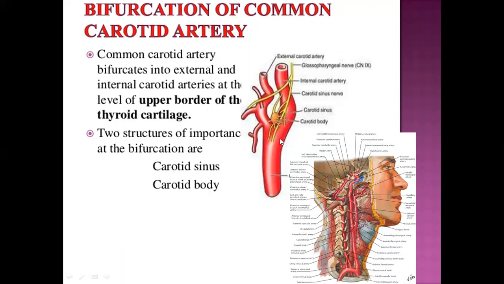The carotid sinus is a dilatation of the common carotid artery. It is present at the terminal part of the common carotid or at the beginning of the internal carotid artery. This dilatation is called the carotid sinus. At this area, the carotid sinus has baroreceptors. These baroreceptors sense whether the artery is in its constriction position or dilatation position.